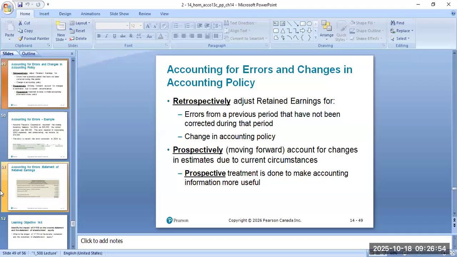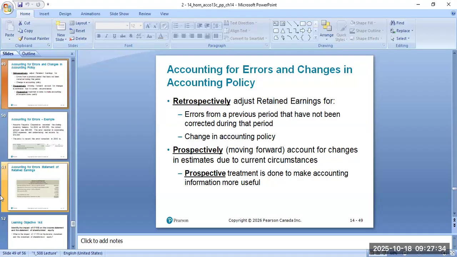Now, the question is, if we find that mistake, how can we fix it? We're not going to go back to restate the net income, but we're going to see where the net income goes. And since we know that the net income goes into the retained earnings, we're simply going to change the retained earnings to reflect the difference. That means reducing the retained earnings to reflect flipping the assets into expenses, which reduces the net income, which naturally reduces the retained earnings. Make sense? That will be a retrospective